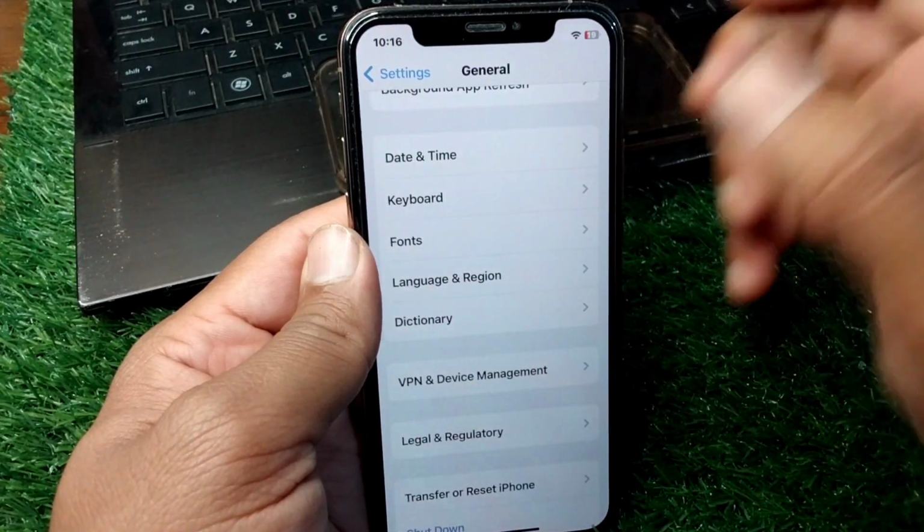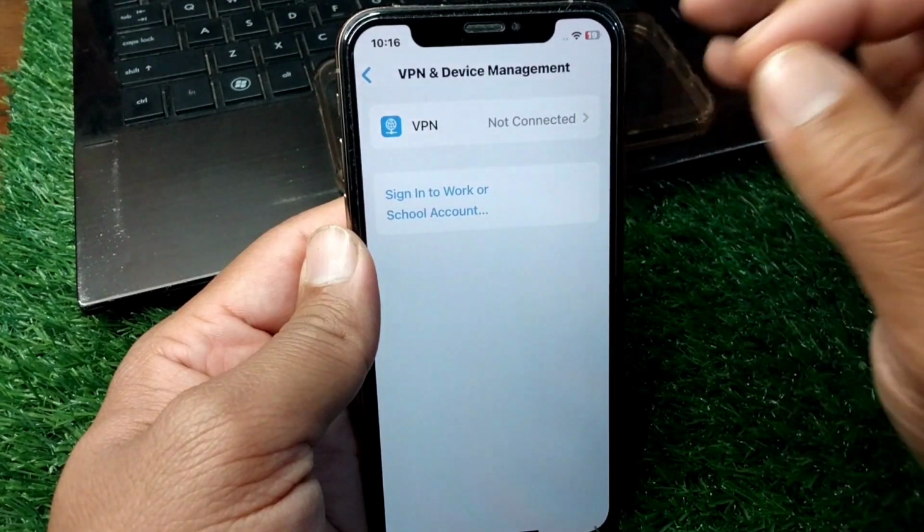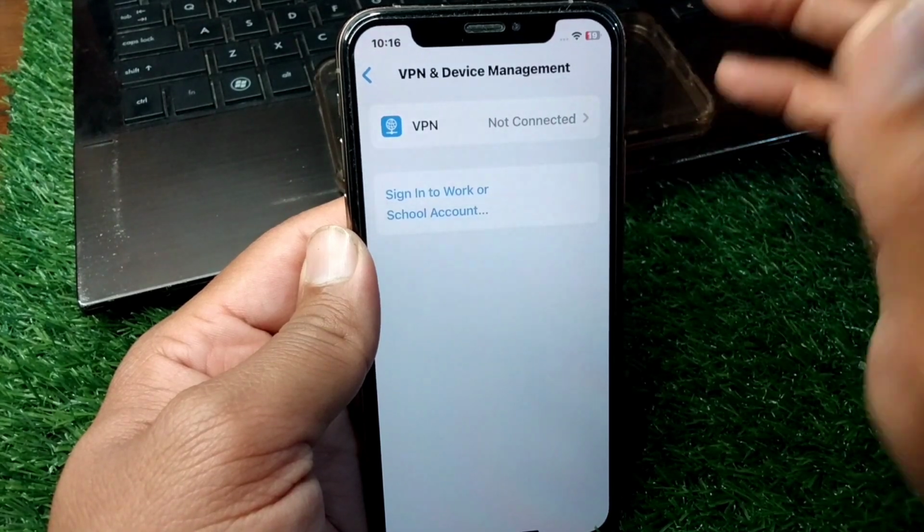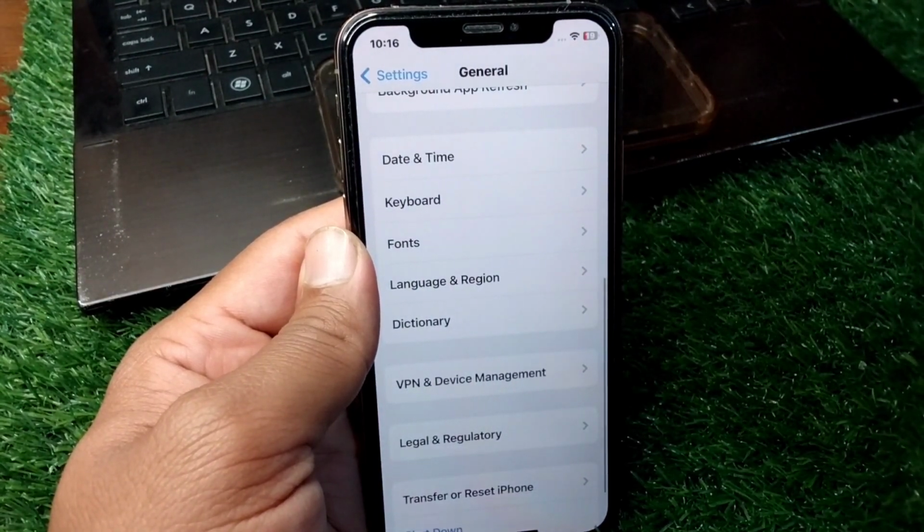and if the problem is still there, then open VPN and device management and disconnect the VPN if there is any connected VPN in your device. So guys, do this and check if the problem is fixed or not,